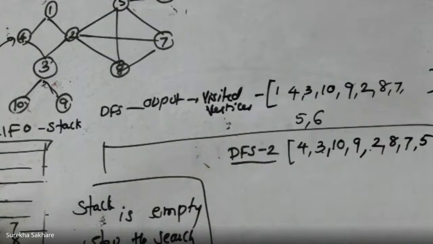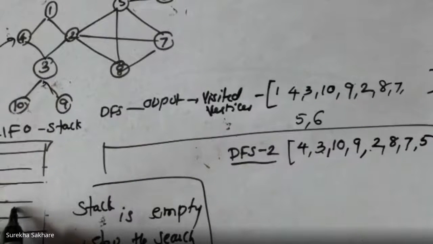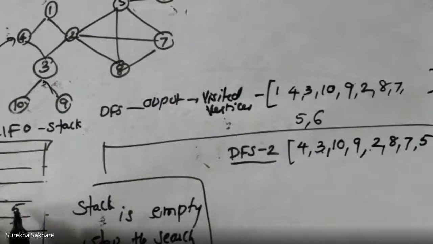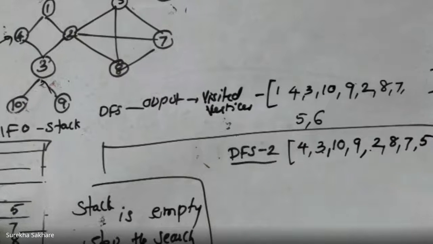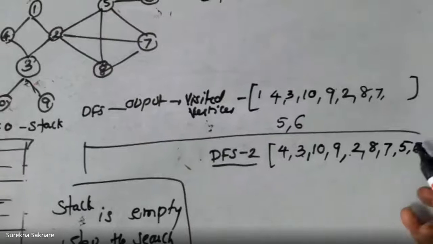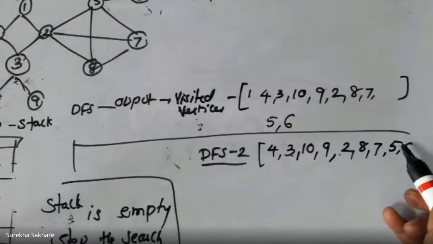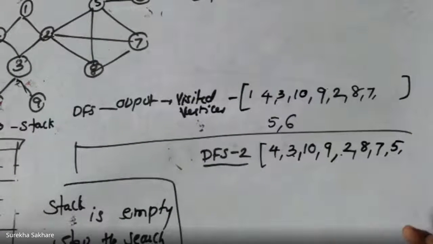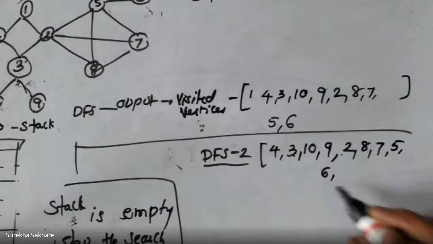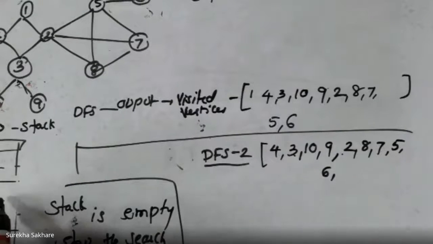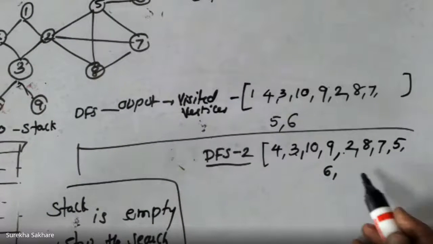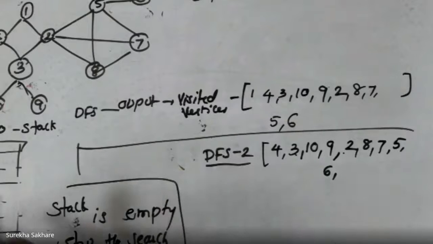Now 5 I have kept on hold and 6 I see that there is nobody, but I have to mark it as visited. So this is what has been entered. 5 is there, 6 has been marked, and afterwards I come to know that I'll have to come back to 5 where I have to explore. When I'm exploring, nothing is to be explored on 5, so 5 has been removed. Now again it is asking me to reach the 7 where again everything has been explored.